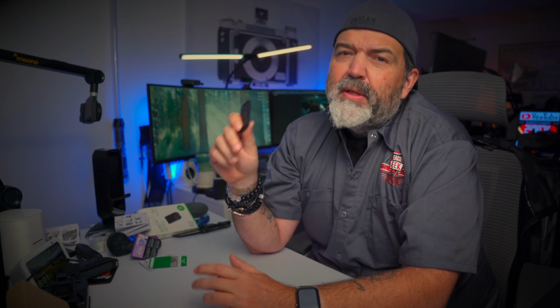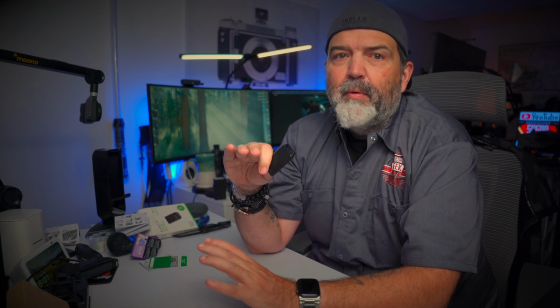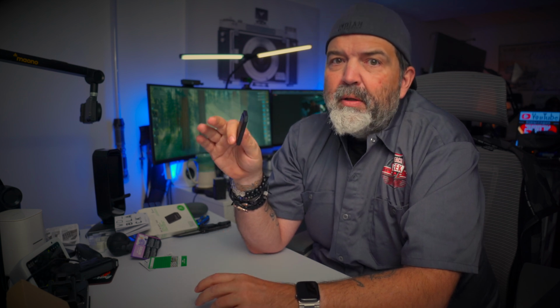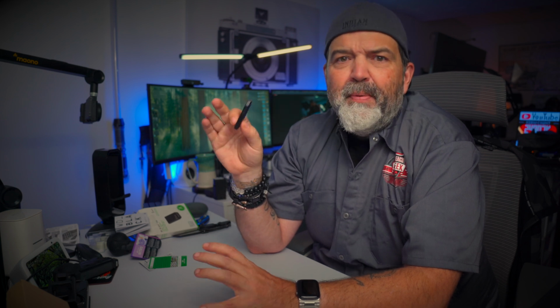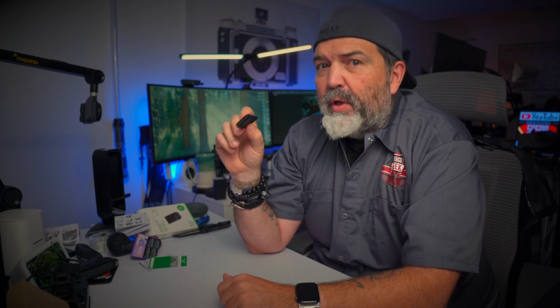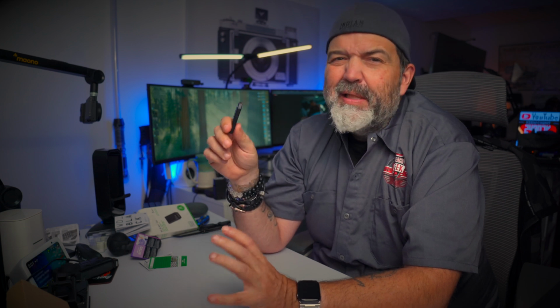So let's actually start with the price. For years at the beginning, Seagate was the only company making these expansion cards, and they were expensive. The Western Digital has pretty much entered this game with the C50. It's typically priced lower than the Seagate equivalent in regards to the same storage. So if you've been waiting for a cheaper alternative, the C50 here finally gives you at least a second option,